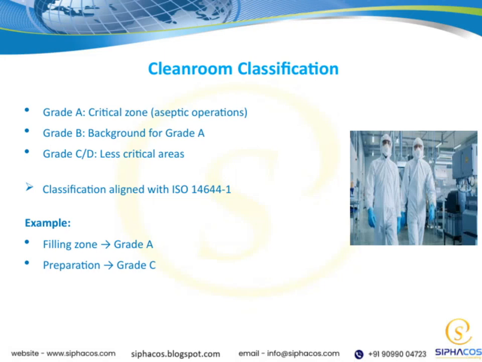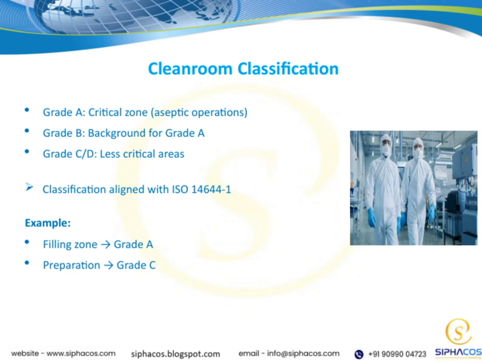Let's take a closer look at cleanroom classification. Starting with Grade A, which is the critical zone, specifically designated for aseptic operations. This is where the most stringent controls are in place to prevent contamination during processes like filling. Next, we have Grade B, which acts as the background environment for Grade A. It provides a controlled environment that supports the Grade A area